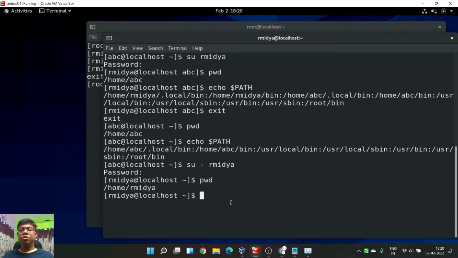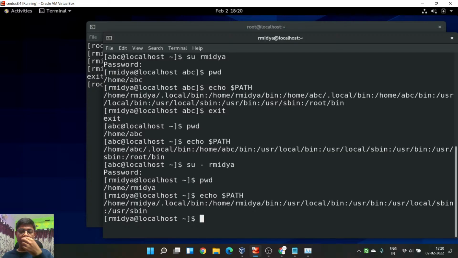Similarly, another thing it switched. What did it switch? It switched this also. If I now do echo $PATH and run this, you can see there is none of the path that looked like this. Previous time I also did echo $PATH, and that time it showed you can access the softwares from the home ABC folder.